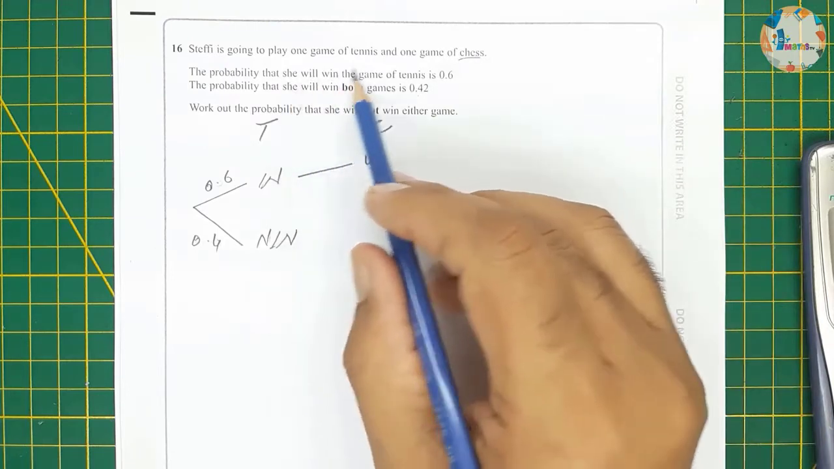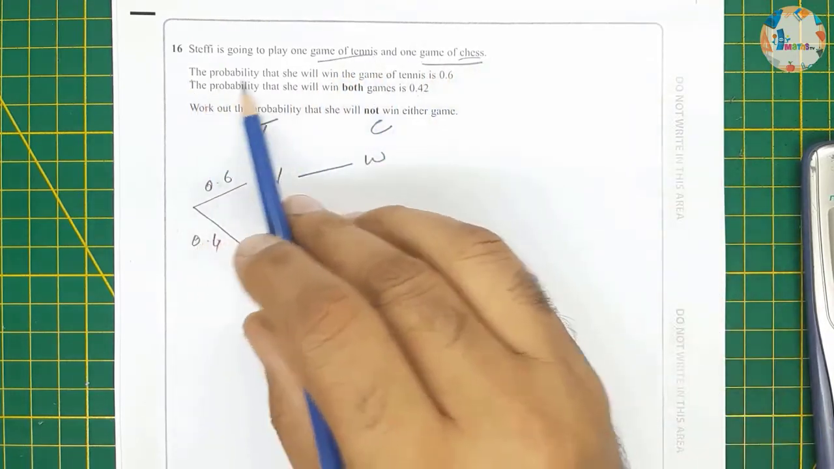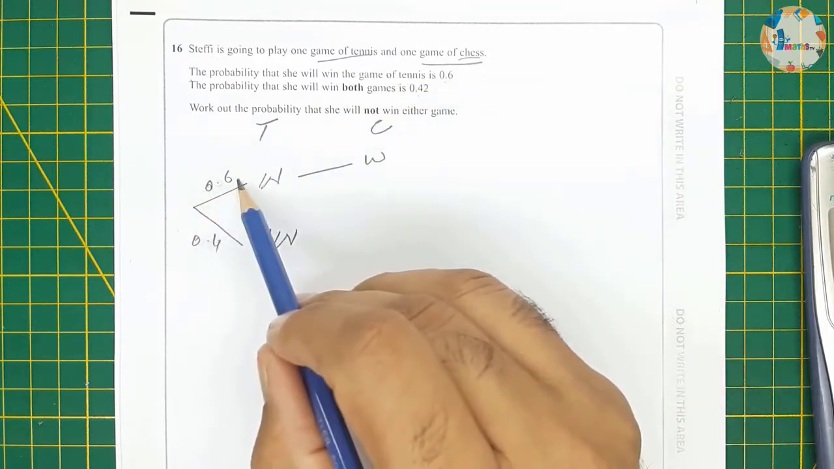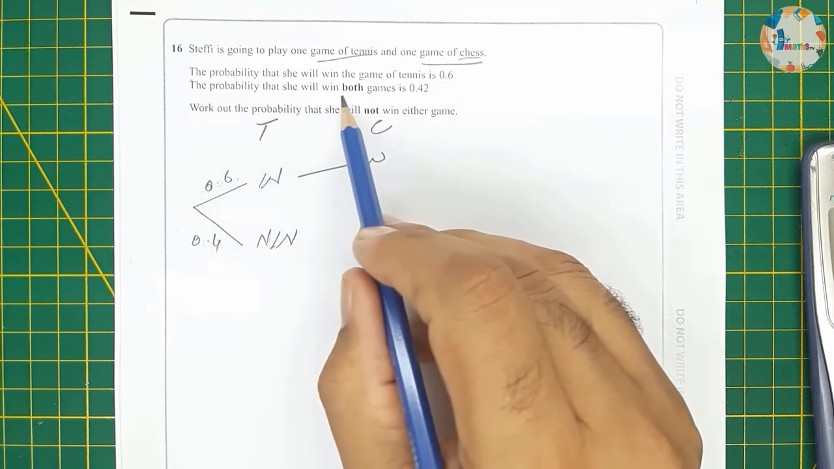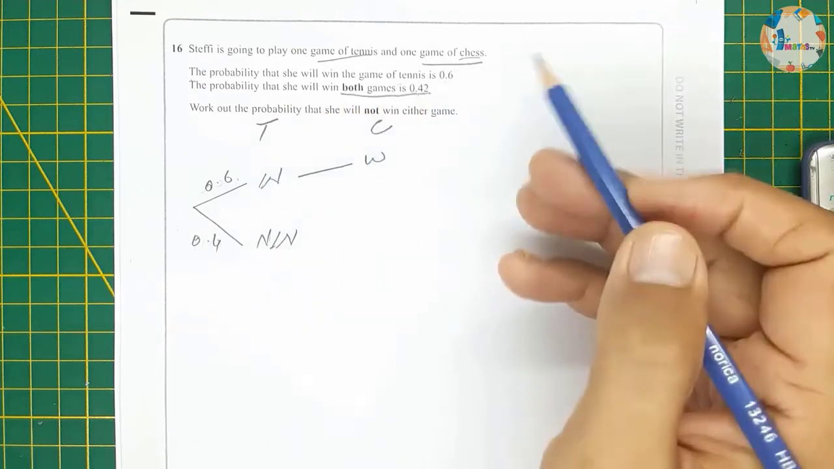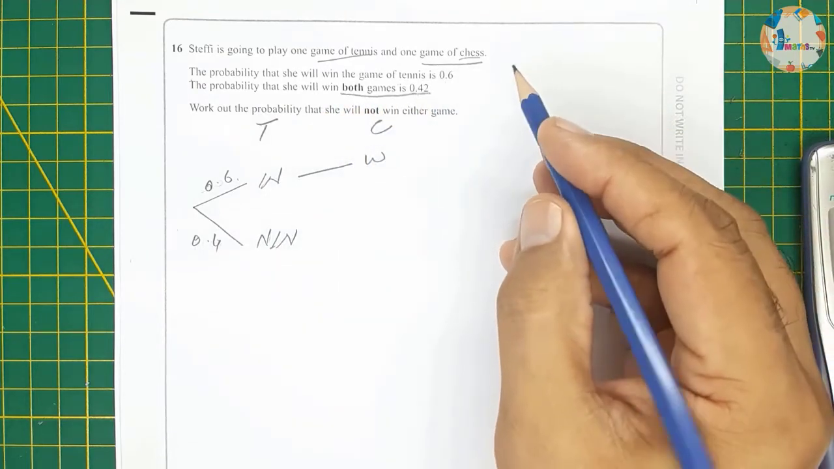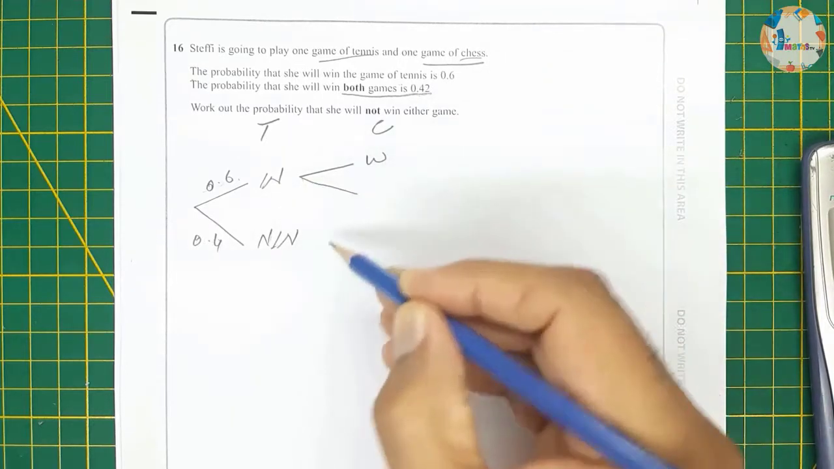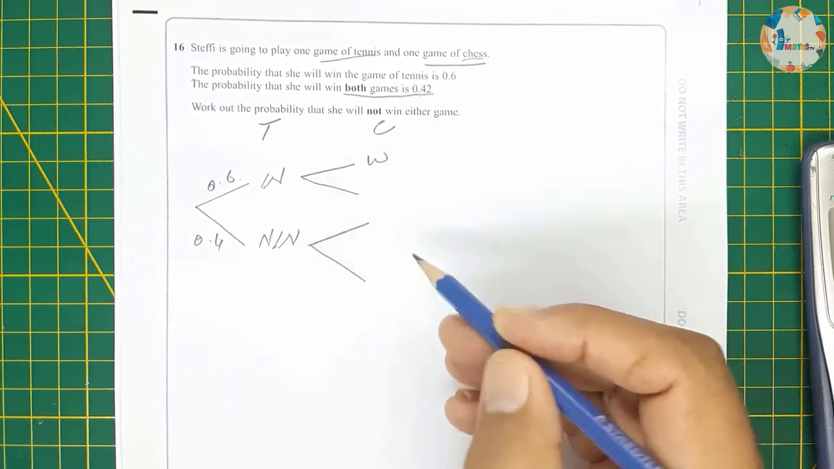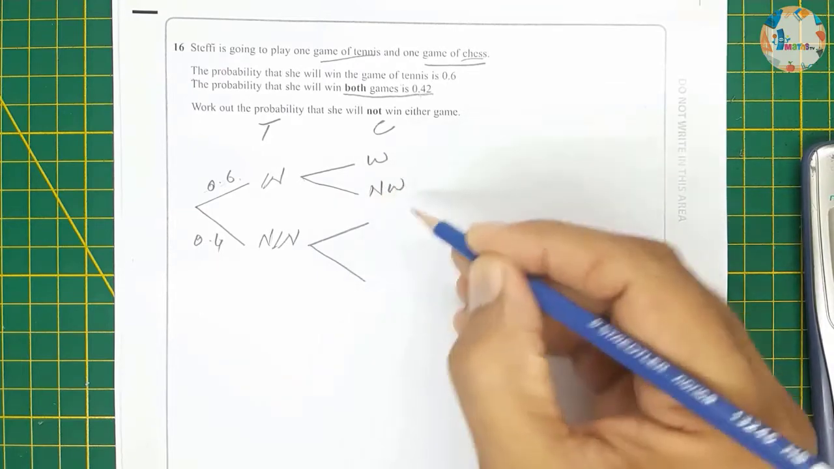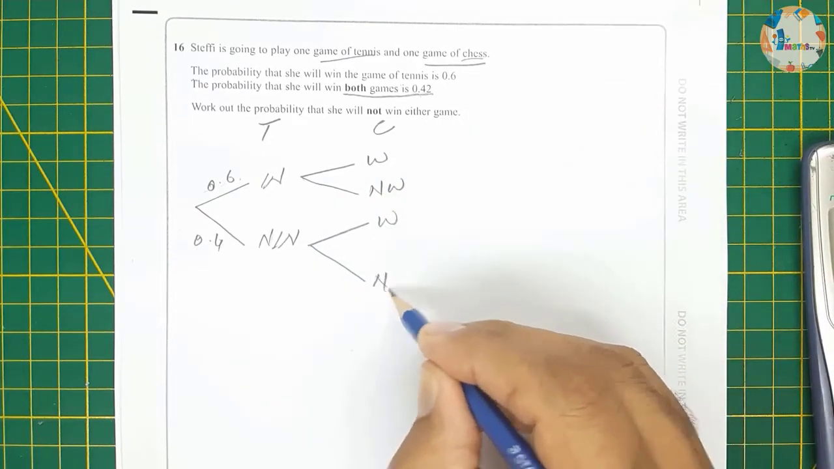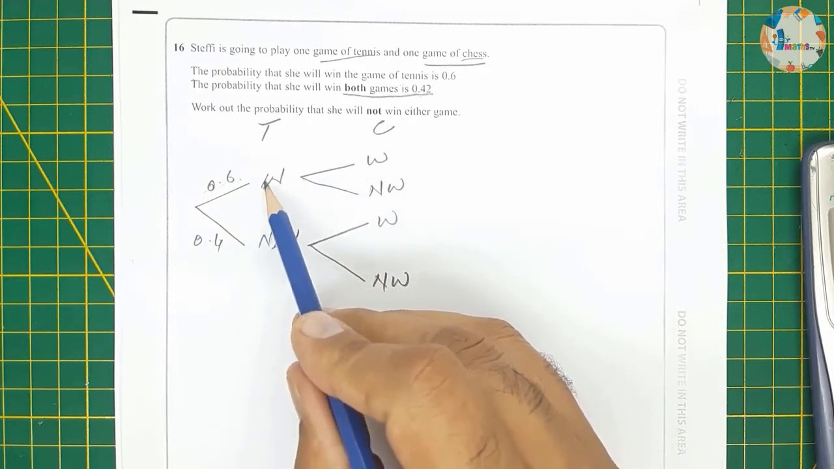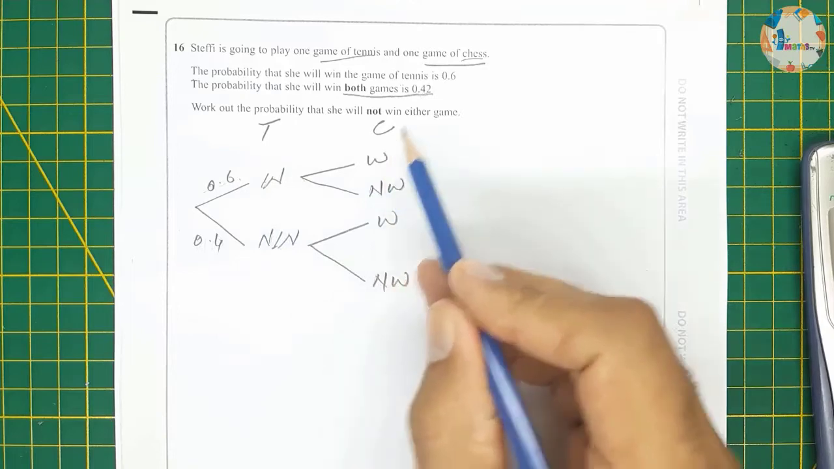Steph is going to play one game of tennis, one game of chess. The probability that she will win the game of tennis is 0.6, and the probability that she will win both the games is 0.42. Okay, so this will be splitting into win and not win, and this one also. So this will be not win, this will be win, this will be not win. So probability of winning both games, so this into this will be equal to